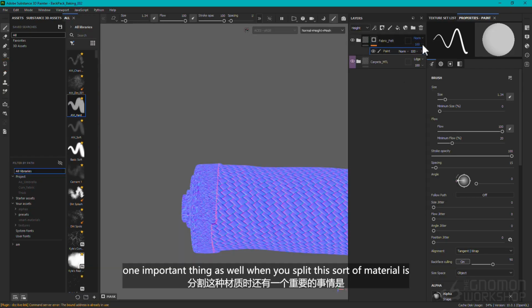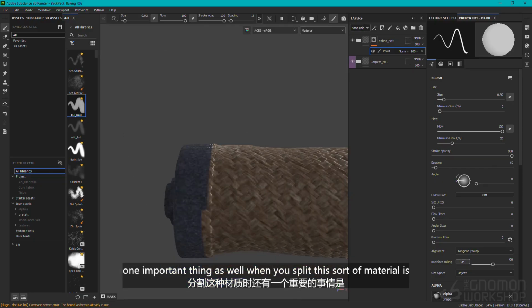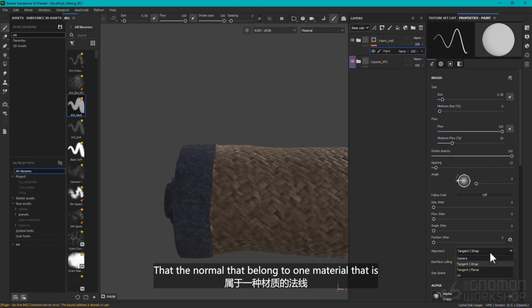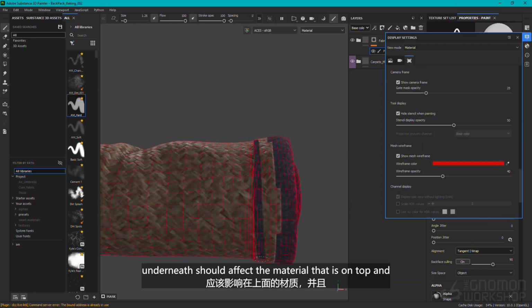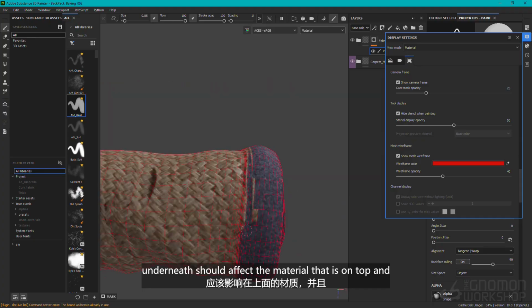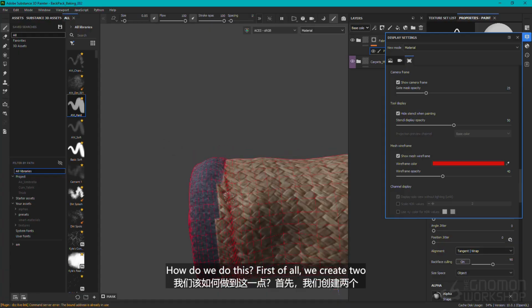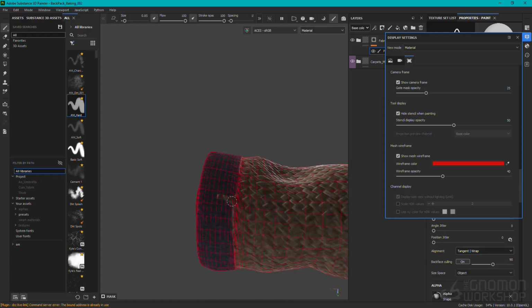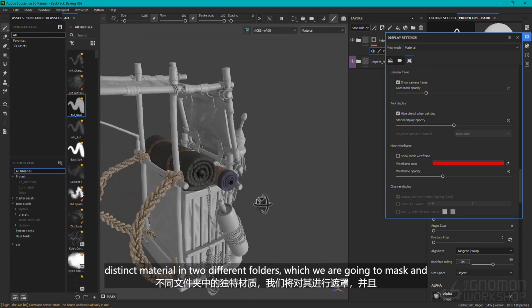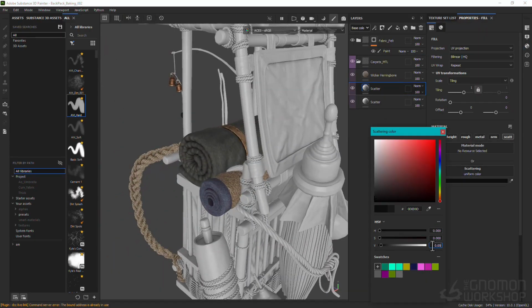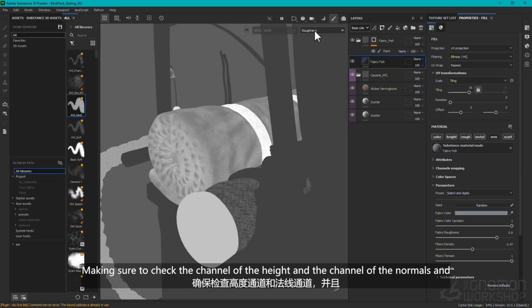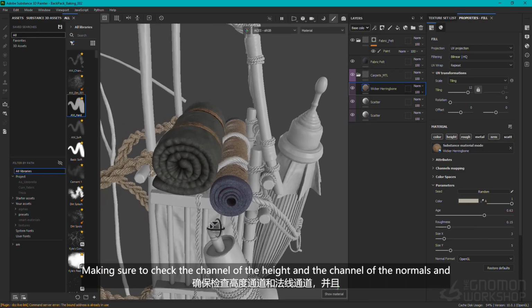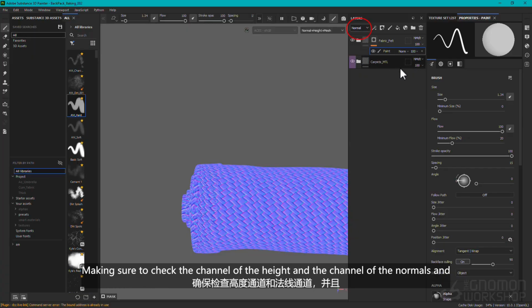One important thing as well when you split this sort of material is that the normal that belongs to one material that is underneath should affect the material that is on top. And how do we do this? First of all, we create two distinct materials in two different folders, which we are going to mask, and then we're going to switch on the top material and making sure to check the channel of the height and the channel of the normals,